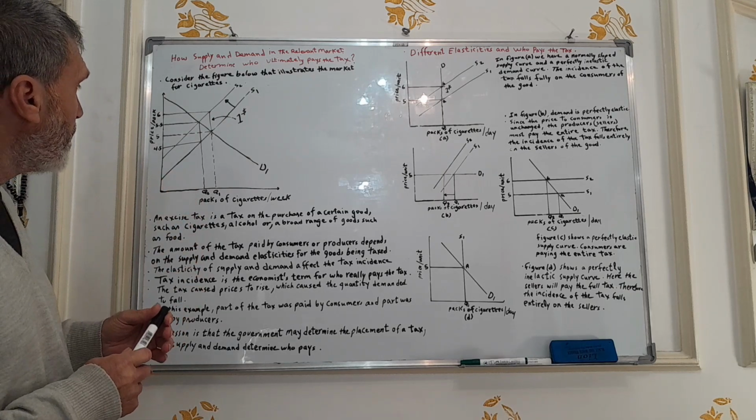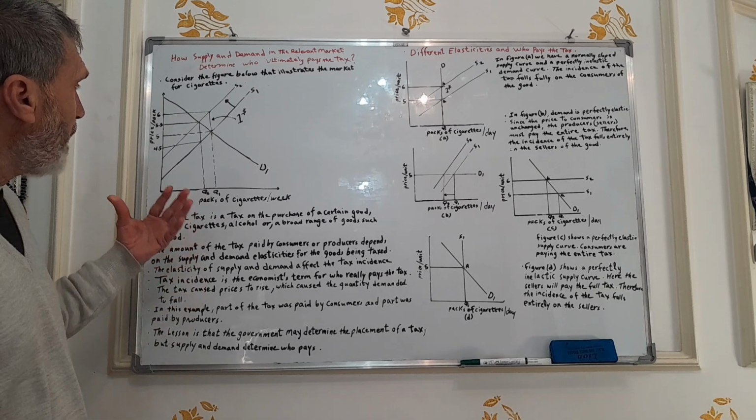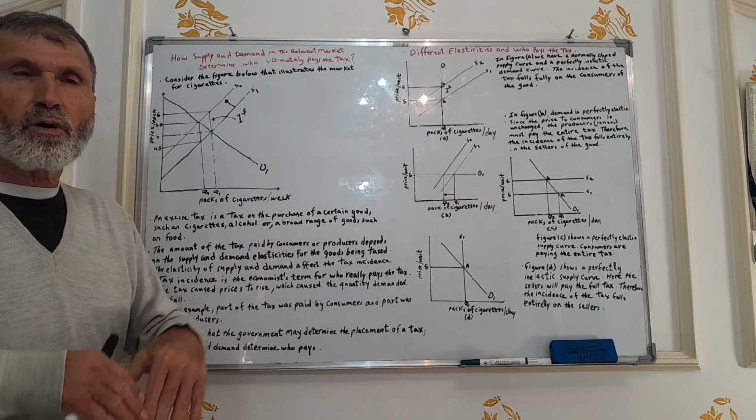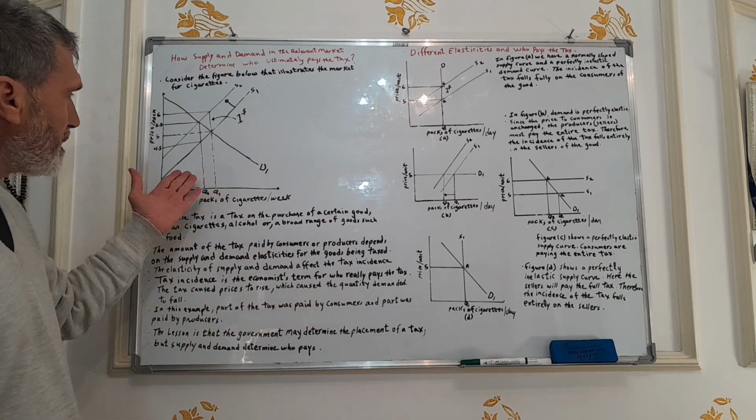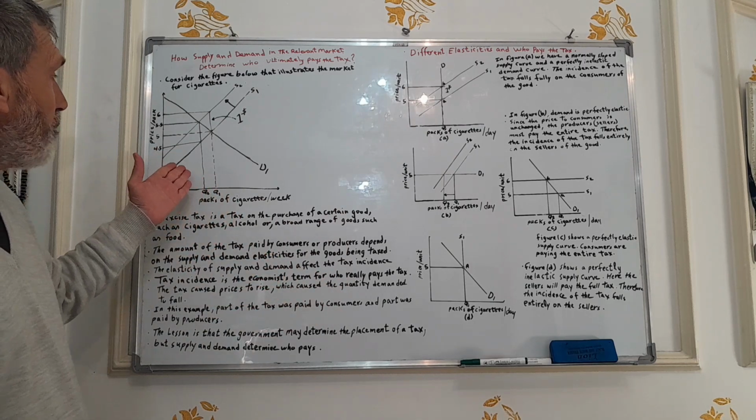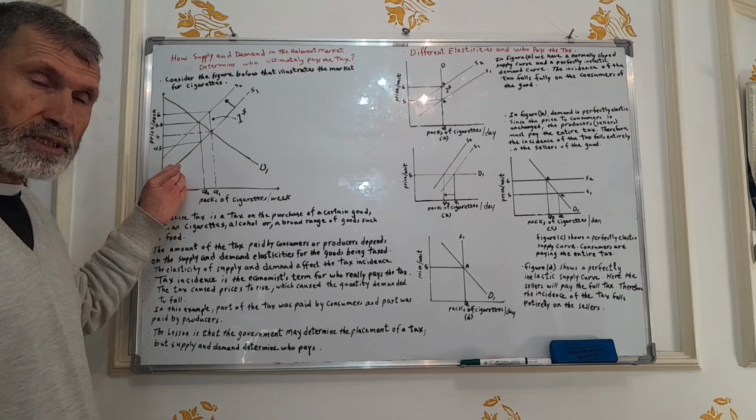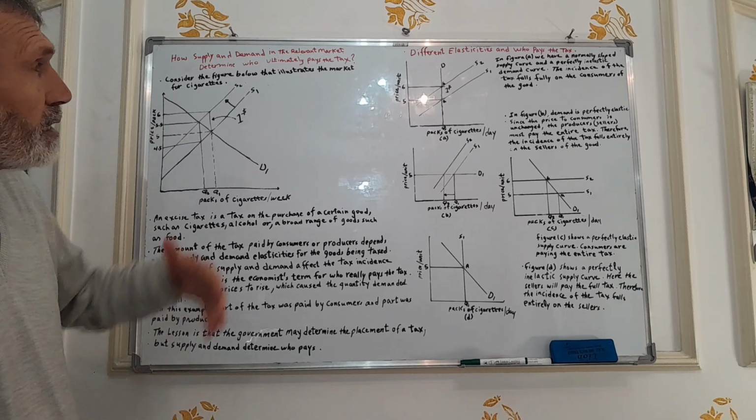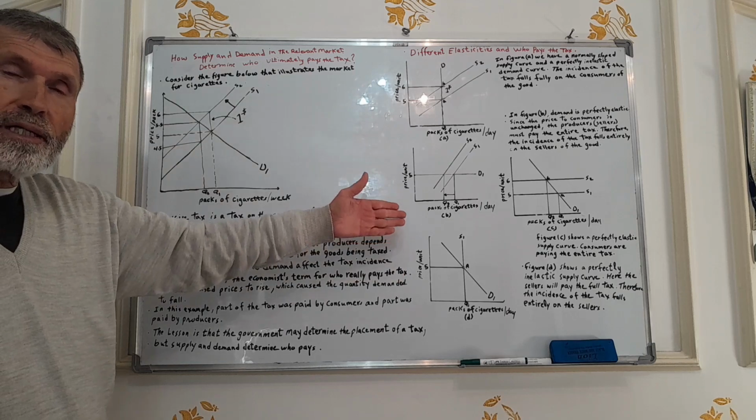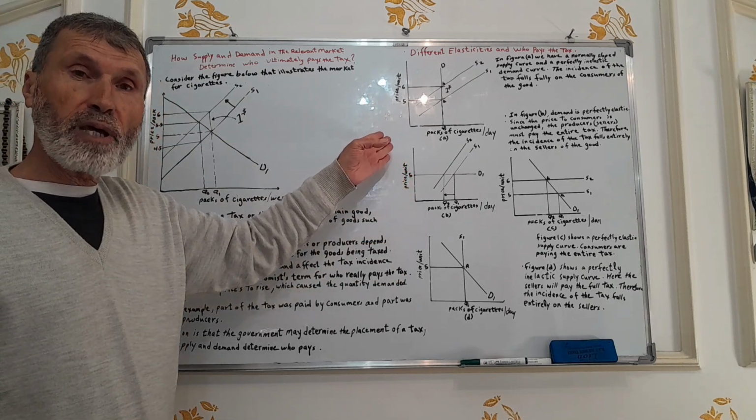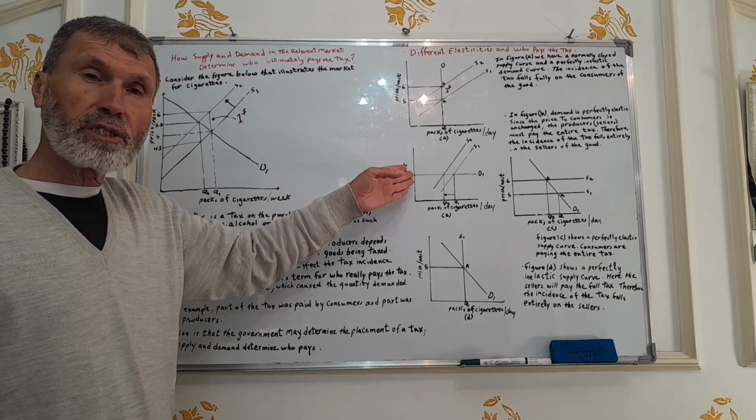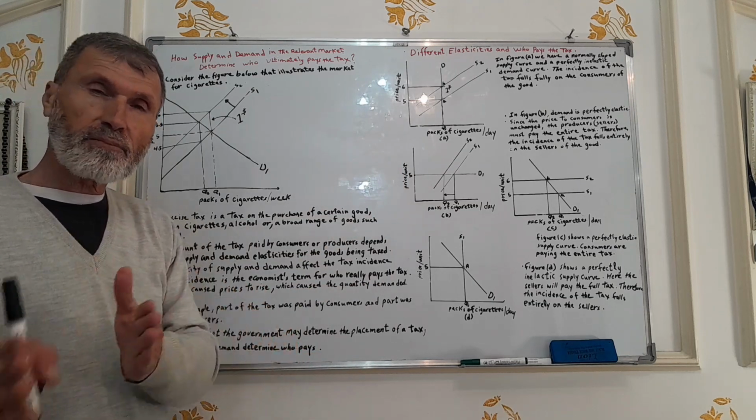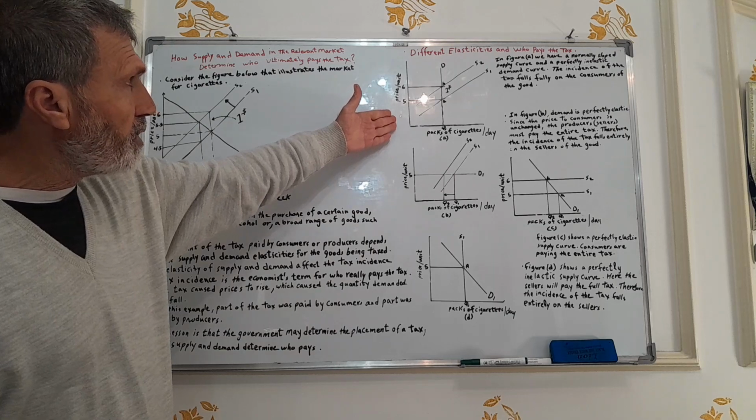Now, as you can see in this example, of course, the outcome is not equal for all other cases. In this case, part of the tax is paid by consumers, and the other part is paid by producers. Now, here we have different cases where consumers may pay the entire tax, or producers could pay the entire tax, depending on the elasticities of supply or demand. So in case A over here,